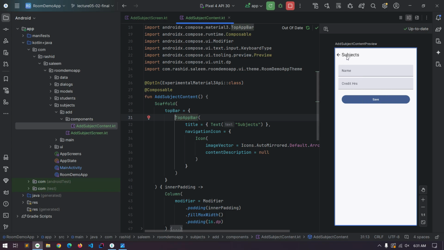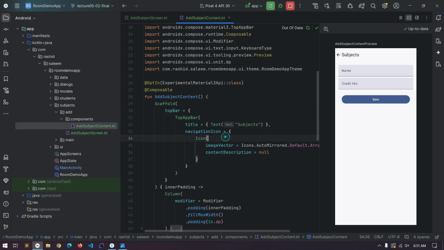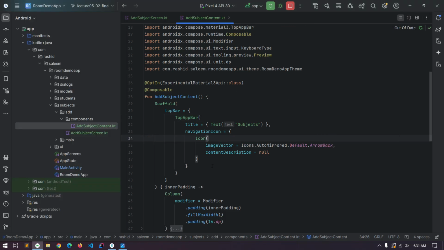So we need further improvements here: we need to provide the background color of this top app bar and add the spacing between this arrow back button and this subject's title. So first start with this spacing. We will provide horizontal padding to this icon,